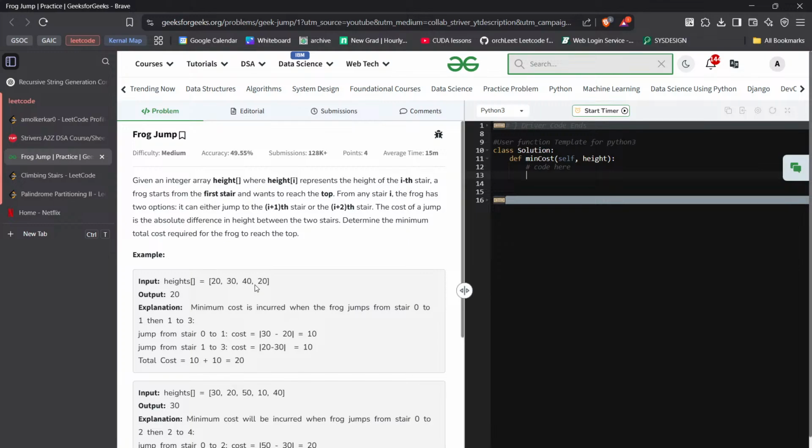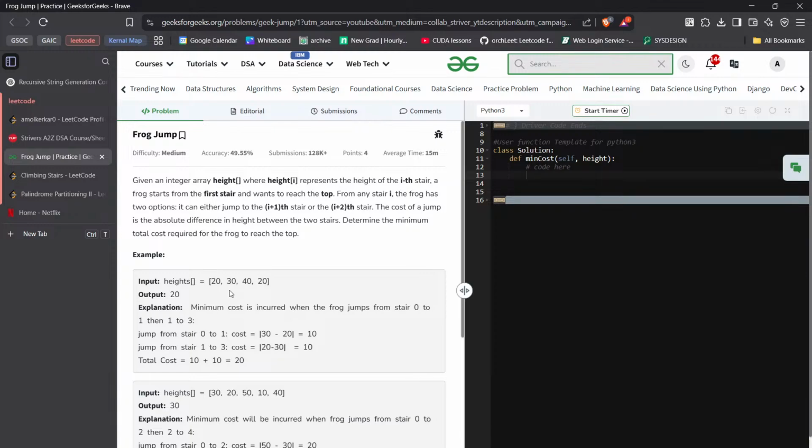You are at the first step. So here what I have to think is, what is the minimum cost to reach the last step? In order to find the minimum cost to reach the last step, I need to find the minimum cost to reach each step. So the minimum cost to reach the first step itself is 0, because the height is the same, right? Then the minimum cost to reach the next one is 10. Minimum cost to reach 40 is